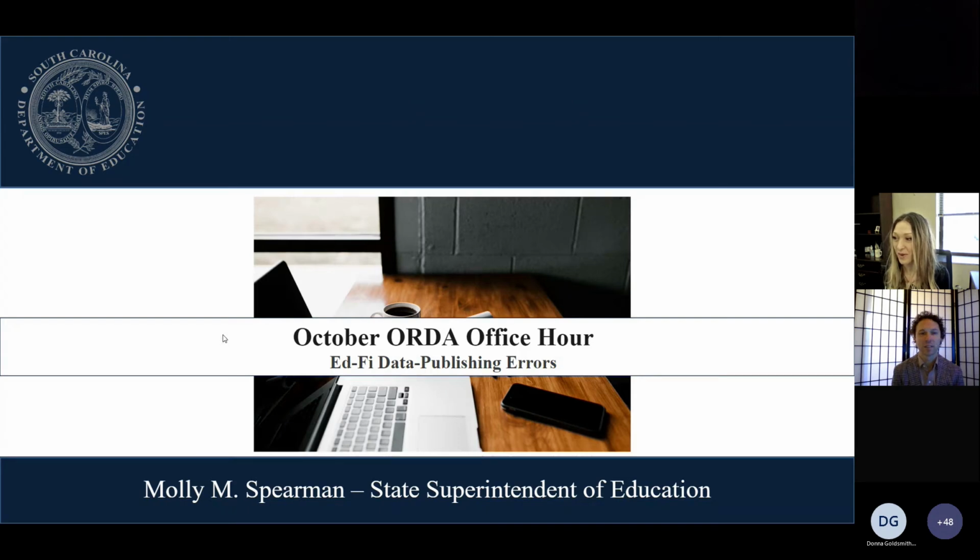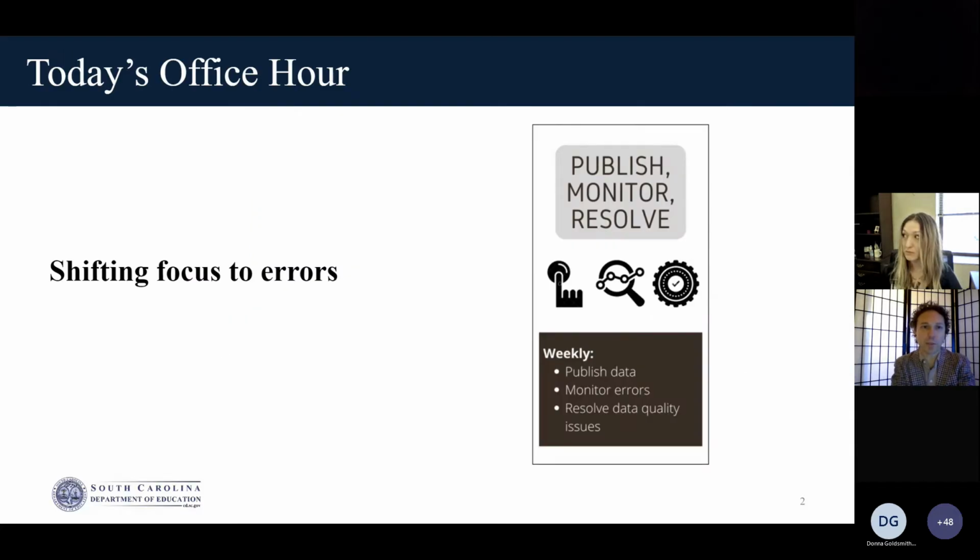Today we're focusing on Ed5 publishing, data publishing errors. We spent a lot of time over the past month and a half talking about integrating PowerSchool with your Ed5 ODS, and making sure that connection happens so that the PowerSchool data can move from the Oracle database up to your Ed5 ODS. That was all the work we did with the keys and the secrets and testing the connections, and maybe sometimes holding your nose or your mouth the right way to make sure it worked and you were able to get a successful connection.